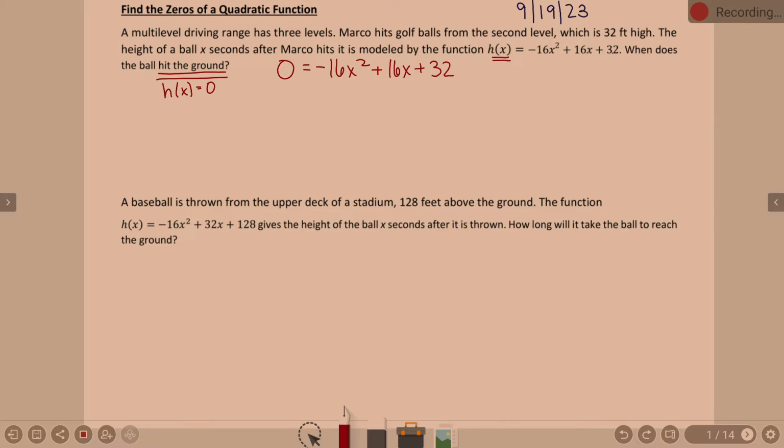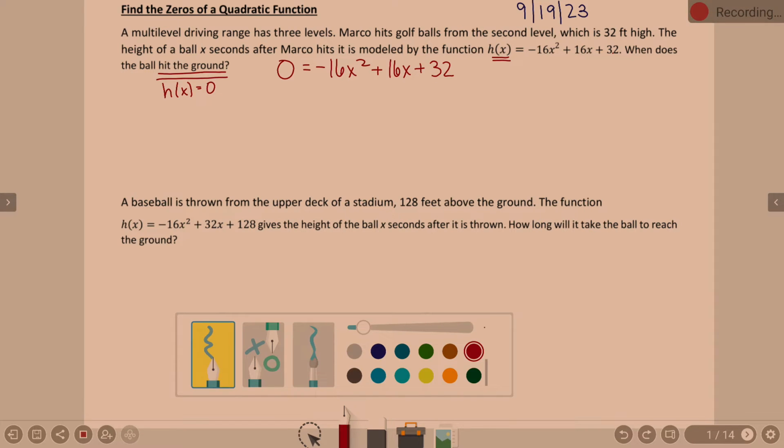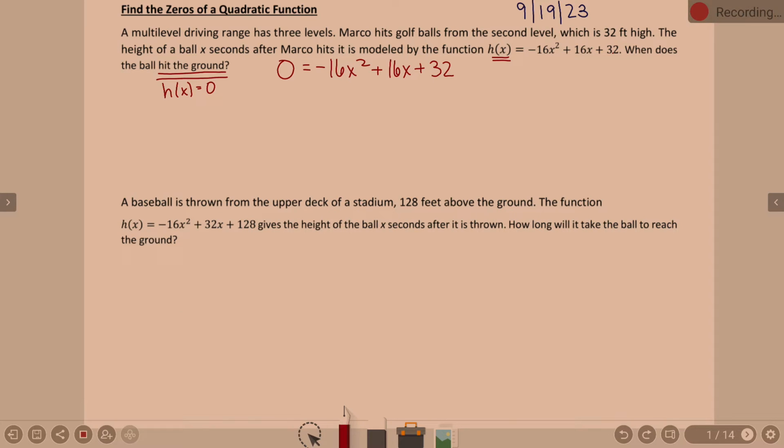Now, let's talk about what Patrick noticed. Okay? Everything nicely divides by 16, and even better yet is a -16. Okay? Now, we can do this one of 2 ways. Because it's an equation, you can divide both sides by -16, or we can factor out the -16. Either or. I think since we've been factoring, I'm going to show factoring in that if we factor out the -16,